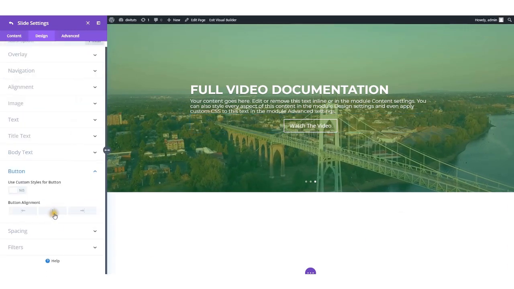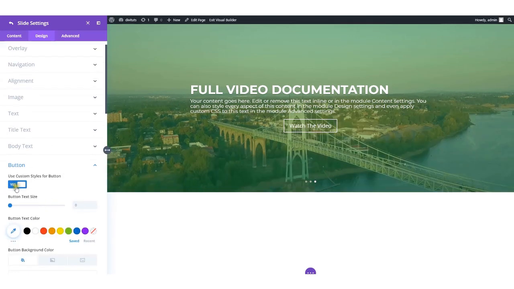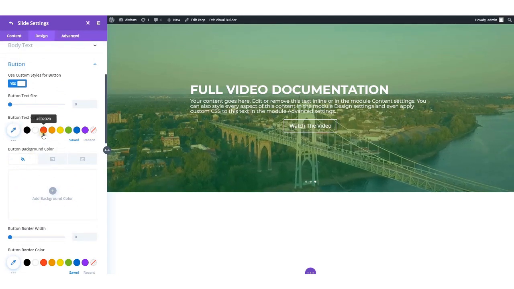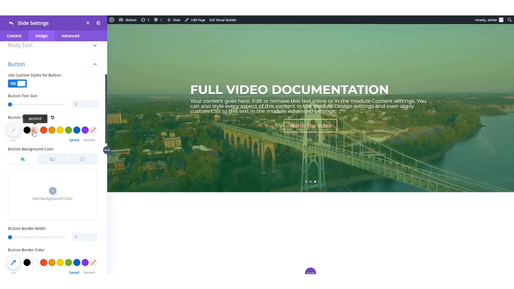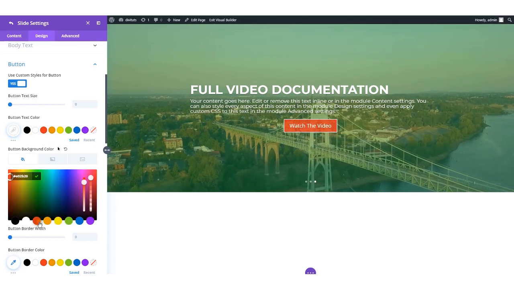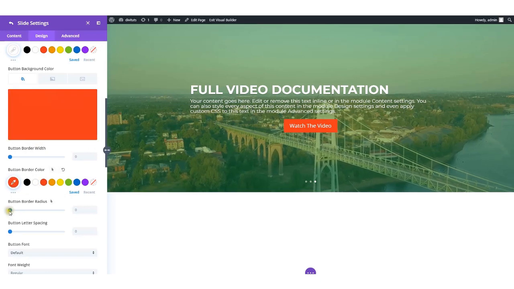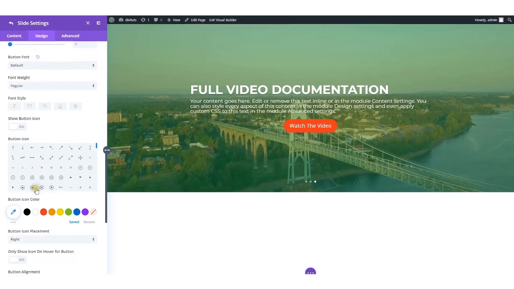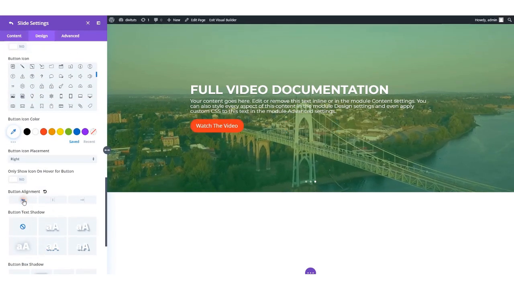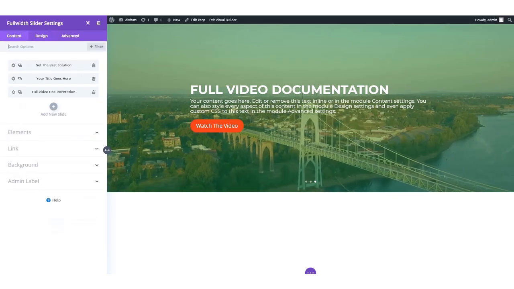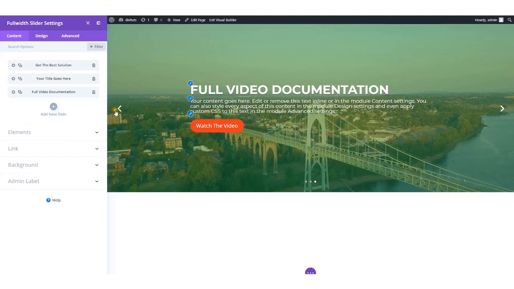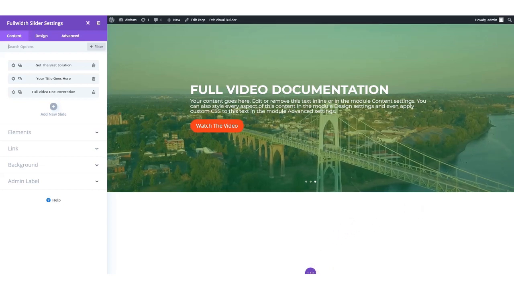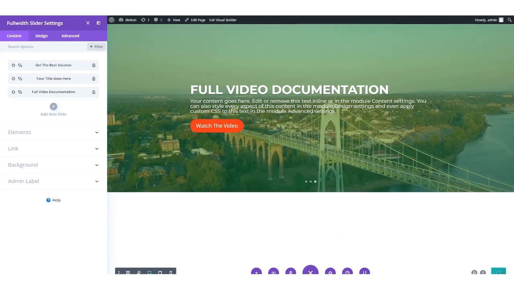And go to the button design, use custom design, and button background color will be red, border color red, border radius. Now I'm just going to button alignment left. Here it is, hit save, and now I'm just going to save it, hit on save,